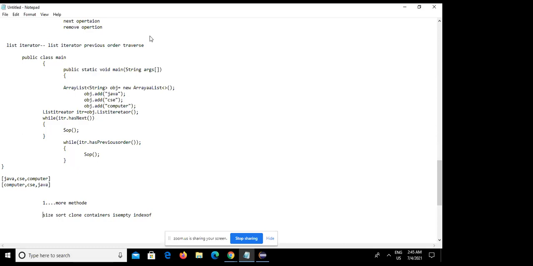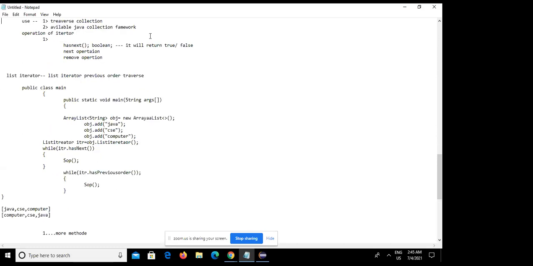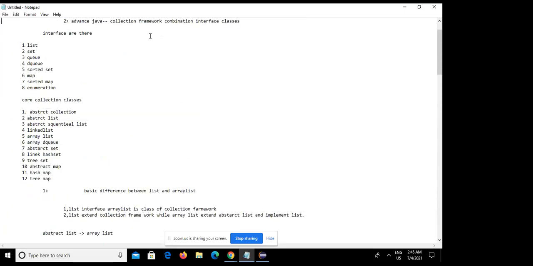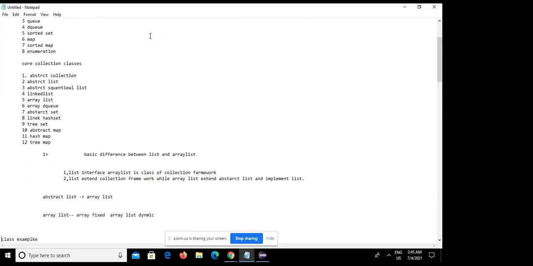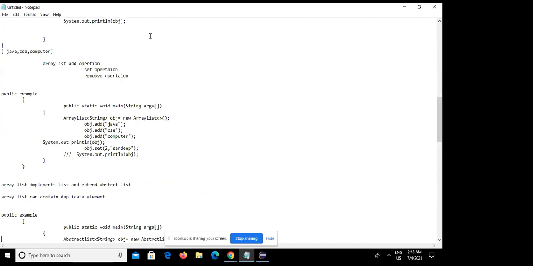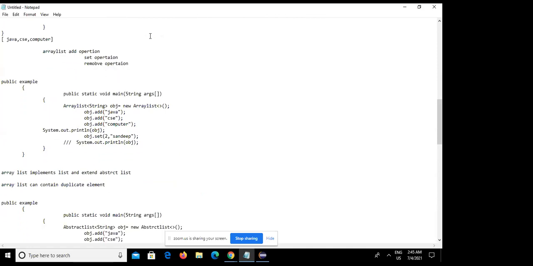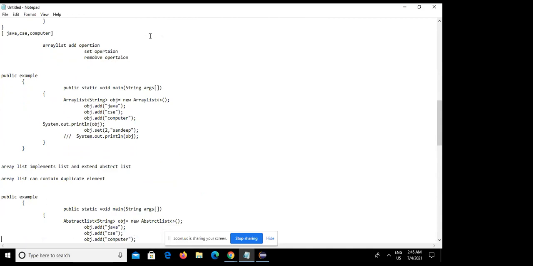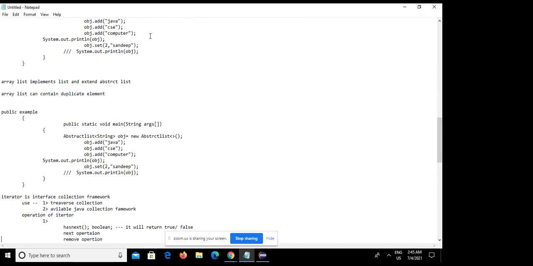So one more thing, I have to go on to the next session. Till now we haven't had any questions, guys. Whatever I have put in front of you, if you have any question, you can put it down right now. Otherwise, I will move to the web XML portion, how the mapping is done through action and all. Any question about array list object creation, adding objects, string, integer, primitive data types, the classes or interface, you can tell me. Otherwise I have to move on to the web XML.